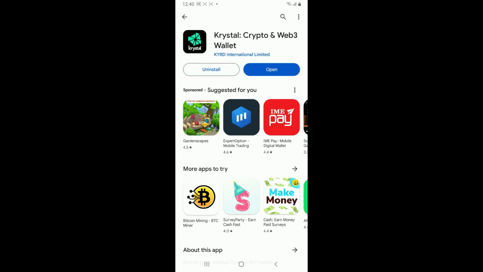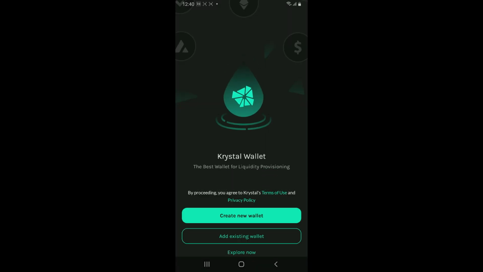Once the application is downloaded, tap on the open button and you have now successfully downloaded the Krystal wallet application